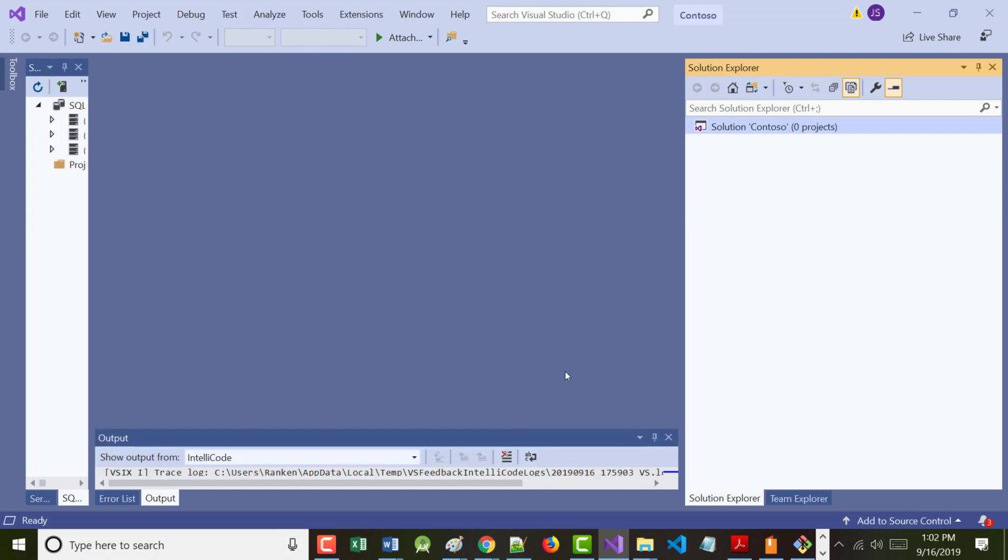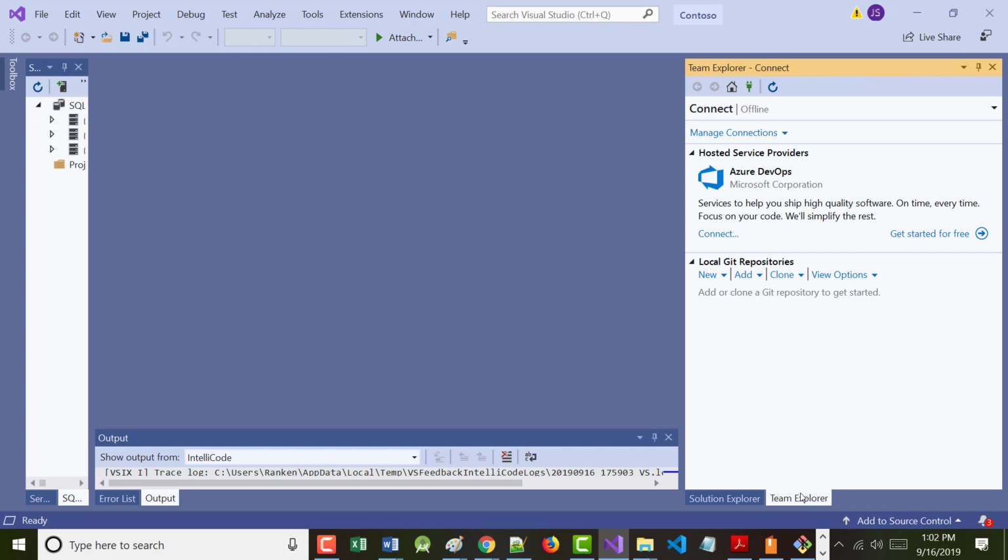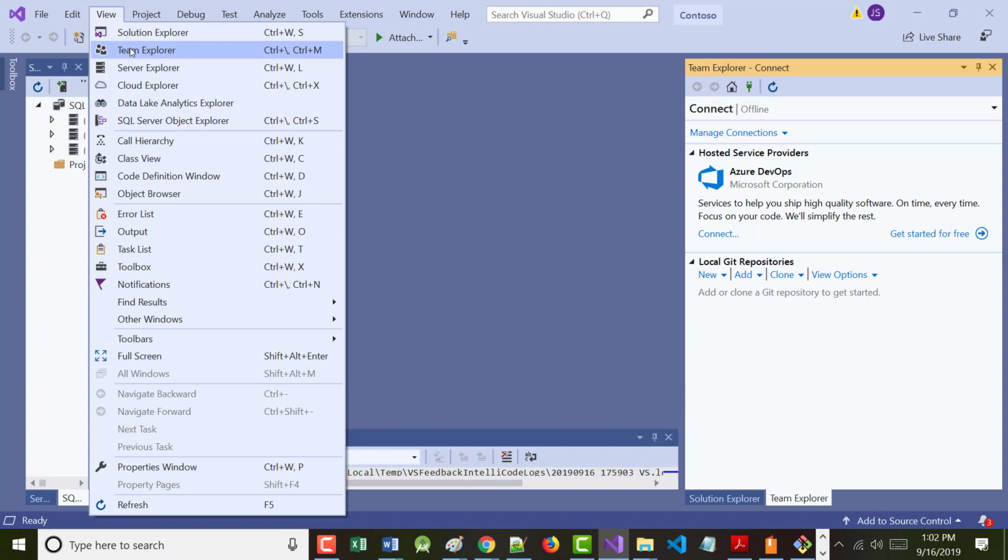So you'll notice if you look here, what we currently have is an empty solution. We have a solution with nothing in it. Now, as we start working with things, usually we've got our choice. We'll be able to use Team Explorer in here, and if you don't see Team Explorer, you might have to click View and choose Team Explorer.